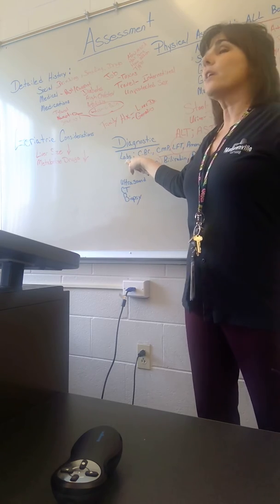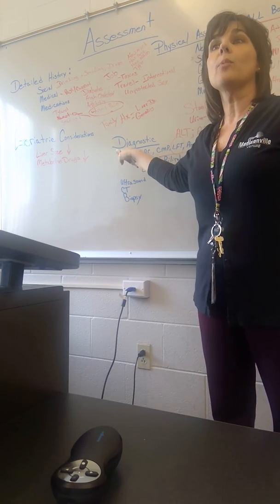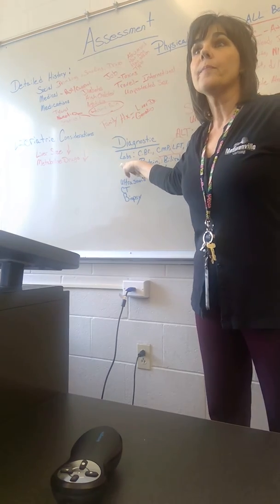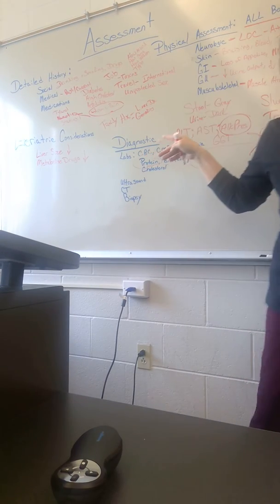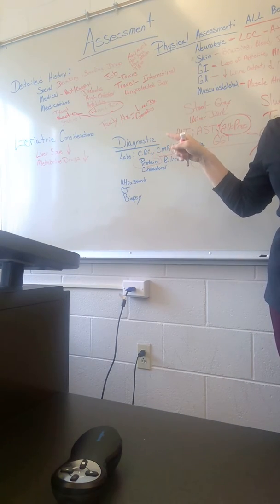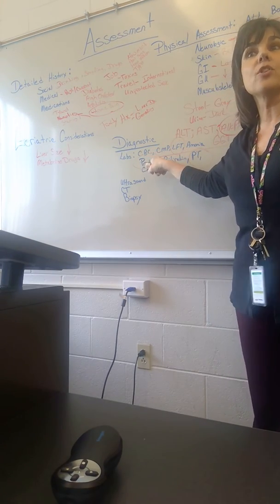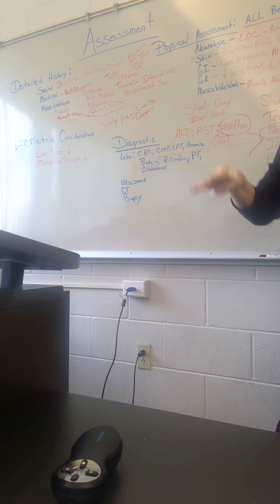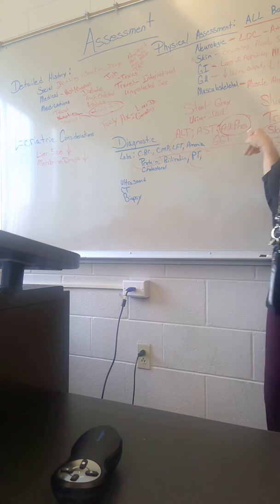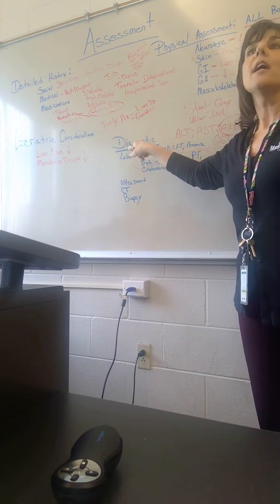And if the liver can't do that, then our protein levels are going to be low. It can impact ascites and cause problems with ascites, but then we're not going to heal the way that we should. Remember I said it affects every part of the body. So if you've got a skin breakdown, it's not going to heal if you don't have the